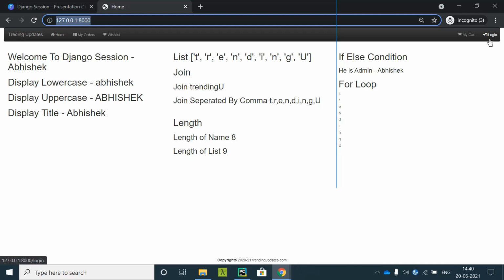You should be able to see your username and a logout option.